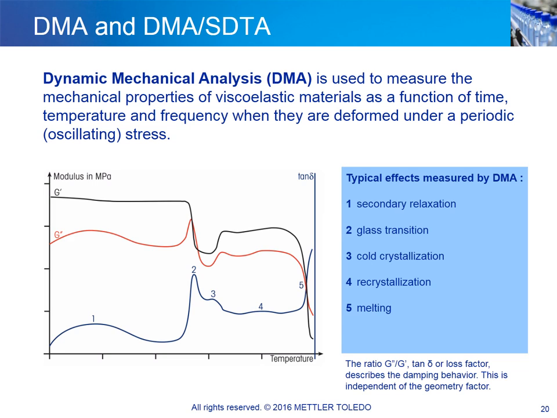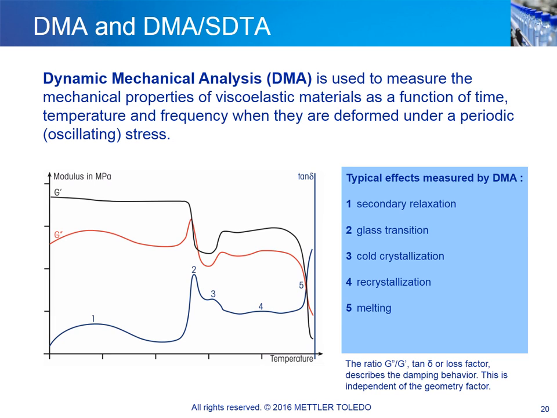Dynamic mechanical analysis is used to measure the mechanical properties of a viscoelastic material as a function of time, temperature, and frequency when the material is deformed under a periodic oscillating stress. The schematic diagram on the left shows the results of a DMA heating measurement of a crash-cooled semi-crystalline polymer in shear mode. The curves display the storage modulus G', the loss modulus G'', and tan delta as a function of